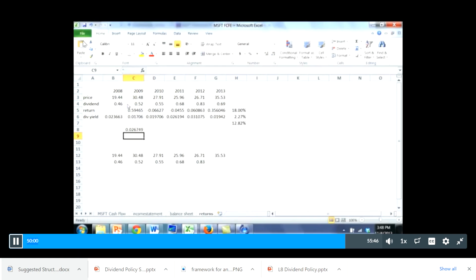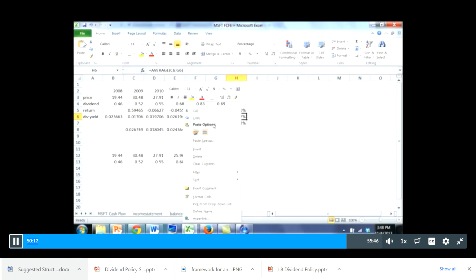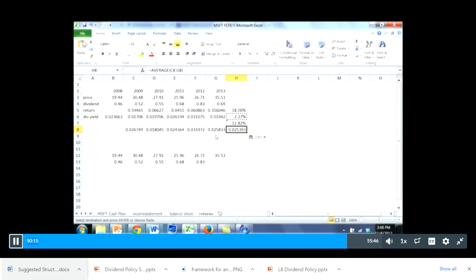Right? That cuts down on the data that I have, though, because I'm using data from a year before. And if I do that and take the average, just copying and pasting the formula, then it's a little bit higher. Right, a little bit higher, but not such a big deal. Okay, so I have my average arithmetic total return, annual. I have my average dividend yield calculated kind of two ways.